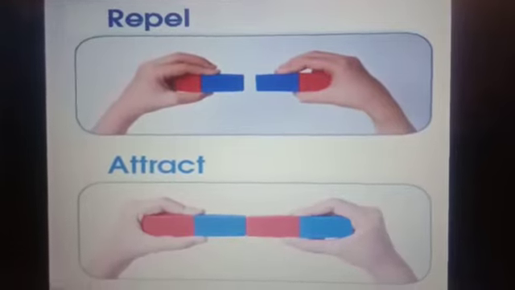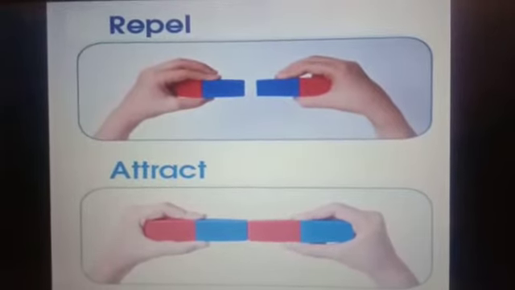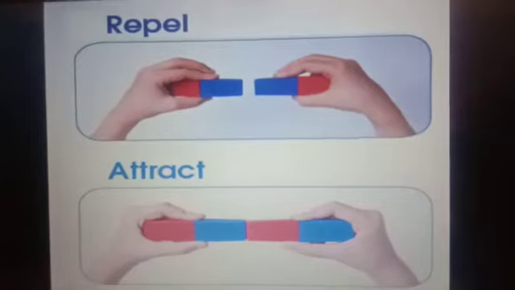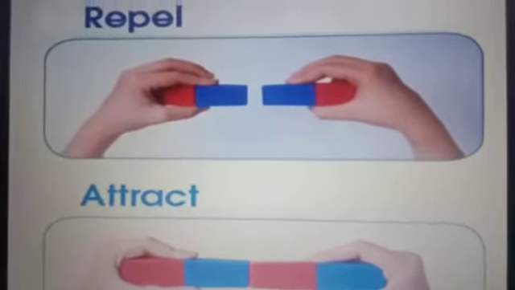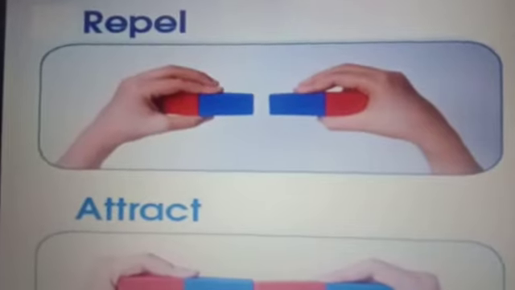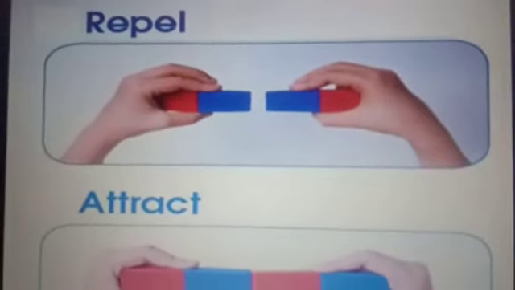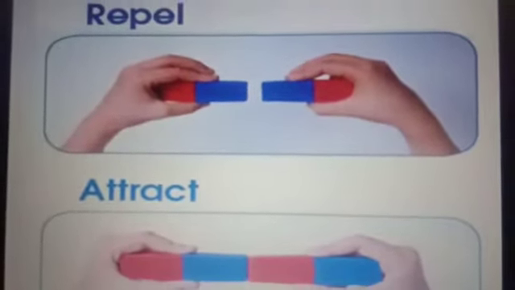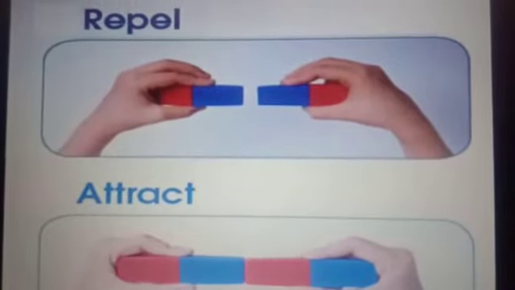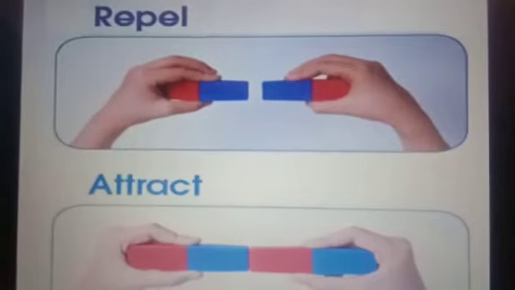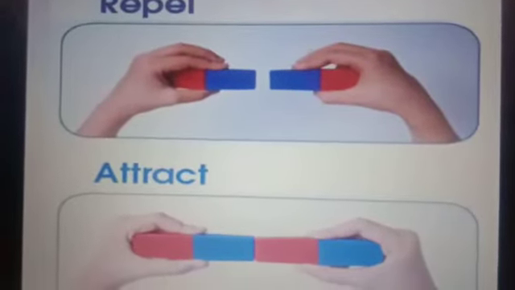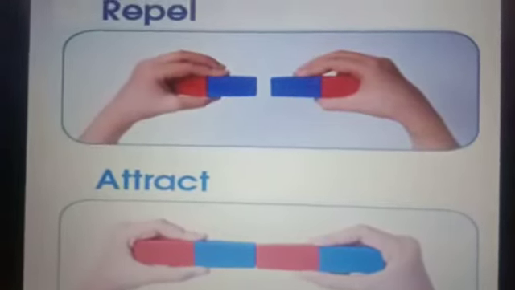From that, we can say that like poles, or similar poles, repel each other. And if we place one bar magnet of equal size above the other, with the north pole of one placed on the south pole of the second bar magnet, then they attract each other, which means unlike poles attract each other.